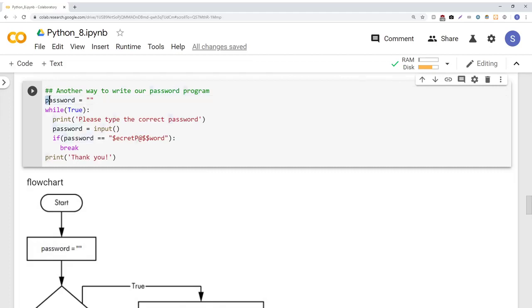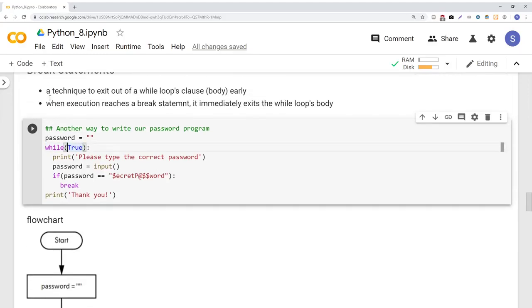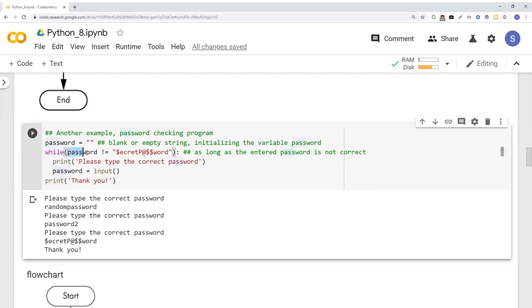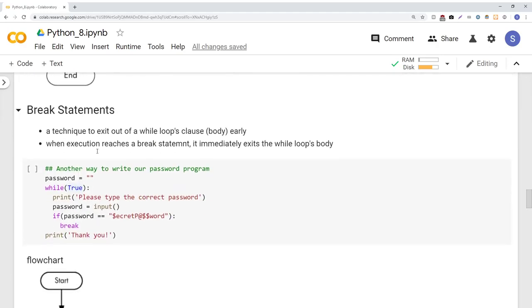Again, same thing, I'm initializing my password to this empty string. But here the interesting thing is I have changed the condition of my while loop. In the condition, I'm simply saying true. For example, earlier I was checking for a condition, whether password is equal to this string. So this can be either true or false depending on the value of the variable password. Whereas